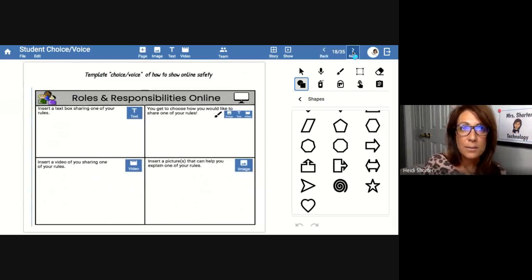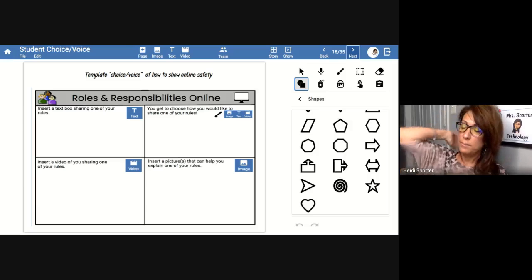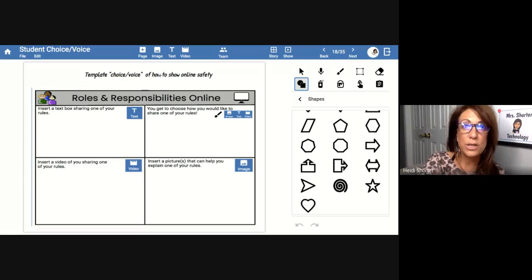Yep. So this one is one that we also did recently. We do a lot in the curriculum that we teach in technology. We do a lot of online safety and online learning. And so for this one, again, we were trying to teach the kids, you have different ways that you can express what you learn in Wixie. So we try to guide them, you can use a text box to type some text in there. You can use video, you can use images, and then you can even take some of those other tools and pick which one do you want to do and how do you want to show what you know about online